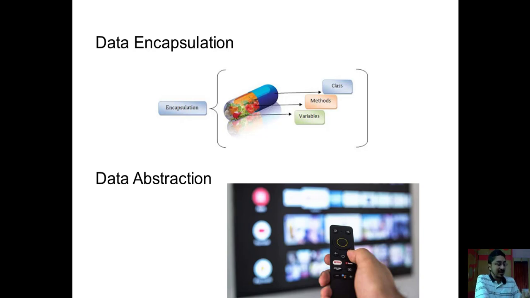So I have certain interfaces, like we have the remote control. The remote control is an interface. The button on the remote control is nothing but an interface. Similarly, in the function also we have certain interfaces. Through those interfaces, we can access the function, and that function will access the data. So this is how the abstraction is done. Data is not directly exposed.